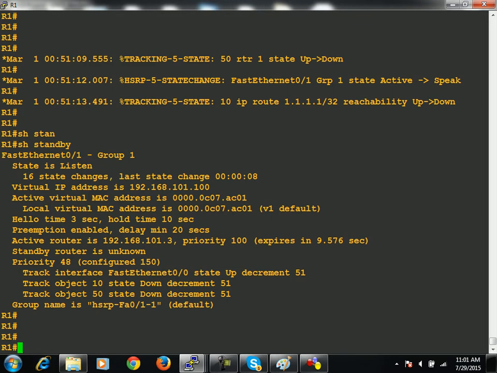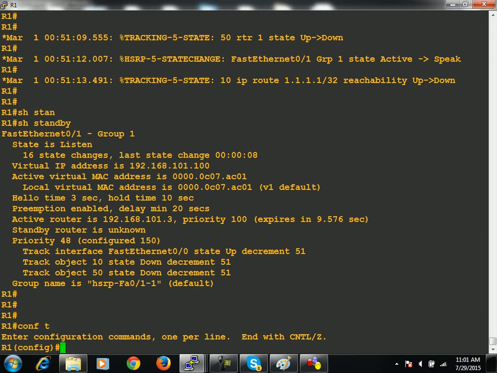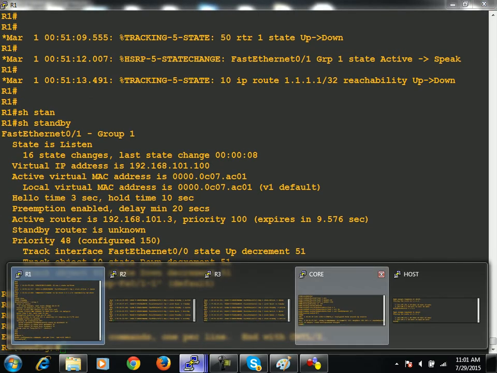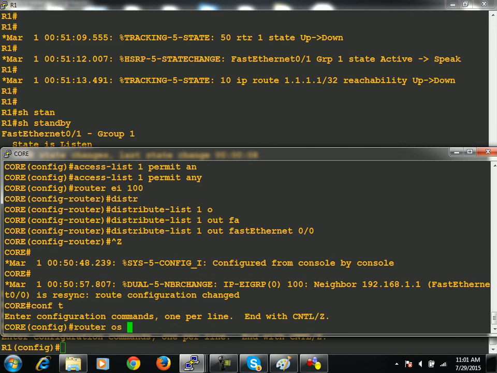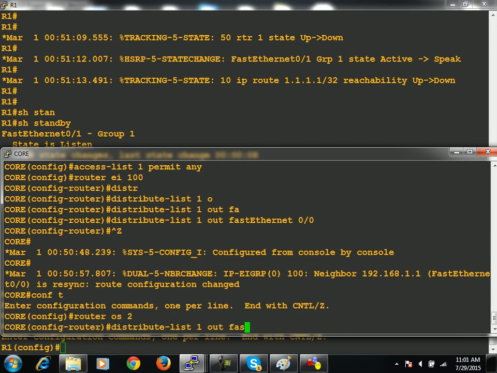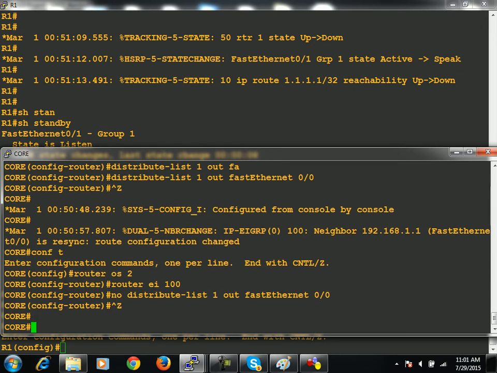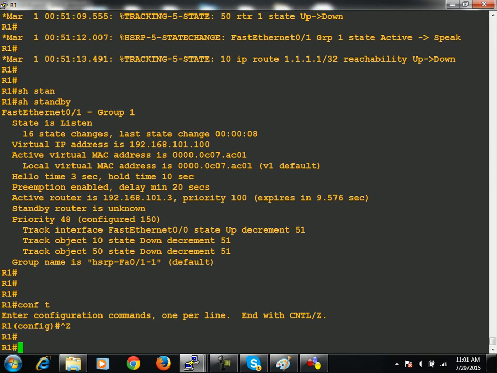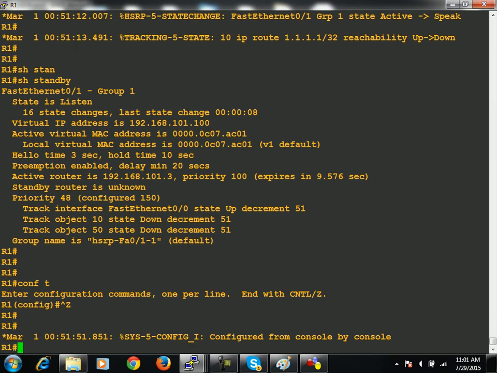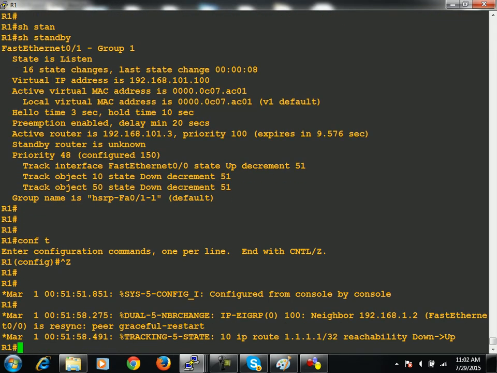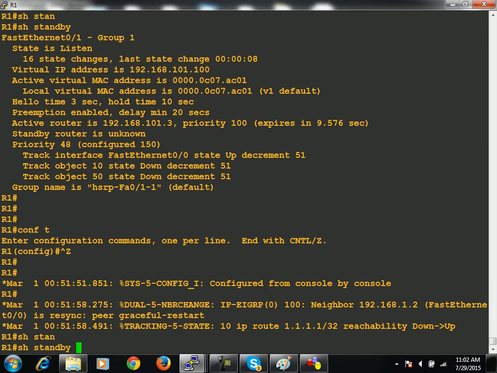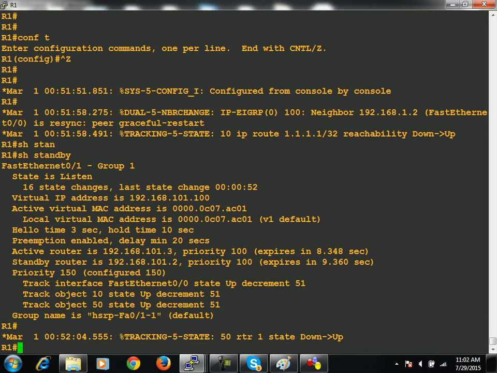Fine, guys. So it is not active now. Once you solve that problem, move on to R4, the core router, and remove it. Once again move on to R1. See, your track objects will come up now, because that route will come here, and also it will start to ping. So standby. It will take some time actually,